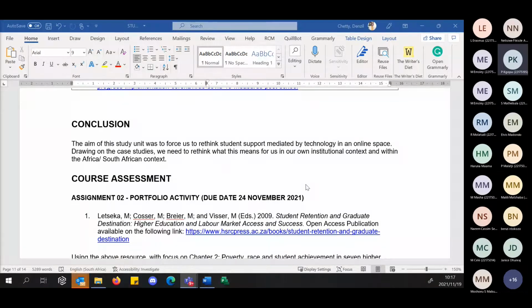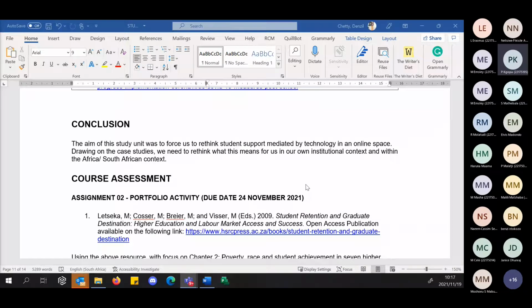Now here, colleagues, as we thought about this technology integration, and when we think of learner support and why specifically this is positioned at the end, I opted to position this approach at the end because we need to shift the discussion back to our own context, our own students, our own profile, profiling our own academics, profiling our own ICT infrastructure to think of how we drive innovation. And here, colleagues, now I give you a course assessment.